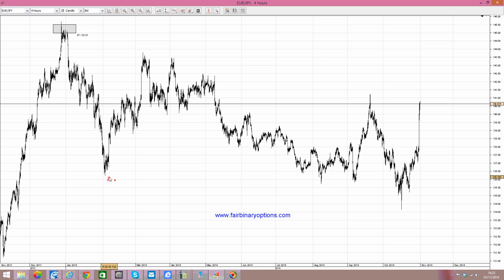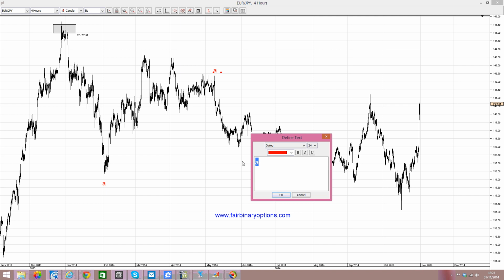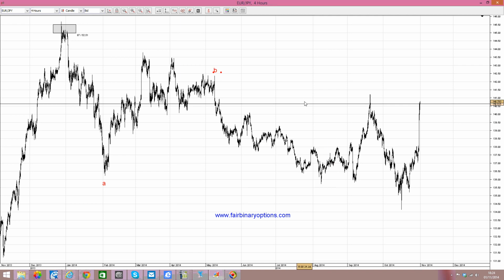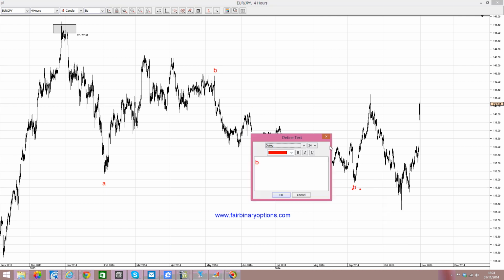Then of course we are looking for the B wave to the upside, and the B wave to the upside is not done here or here, but it's done here with another triangle of a lower degree, and that one is a non-limiting triangle if you want, or a triangle that acts as a reversal pattern, as from the moment that the triangle is broken it knows nothing but pain until this moment of time. So ABC,